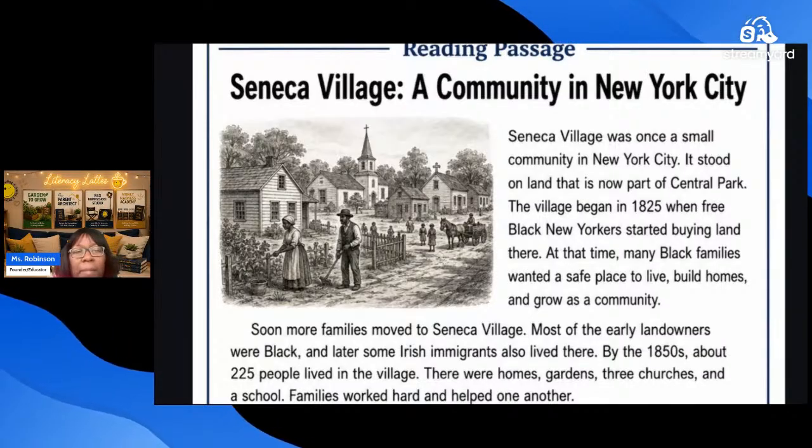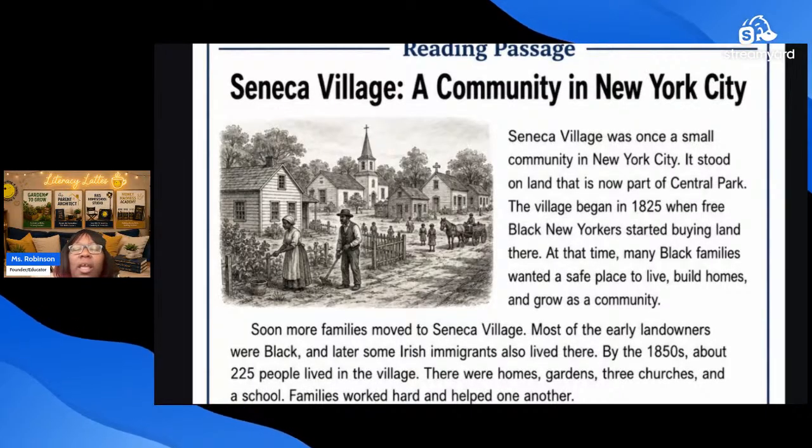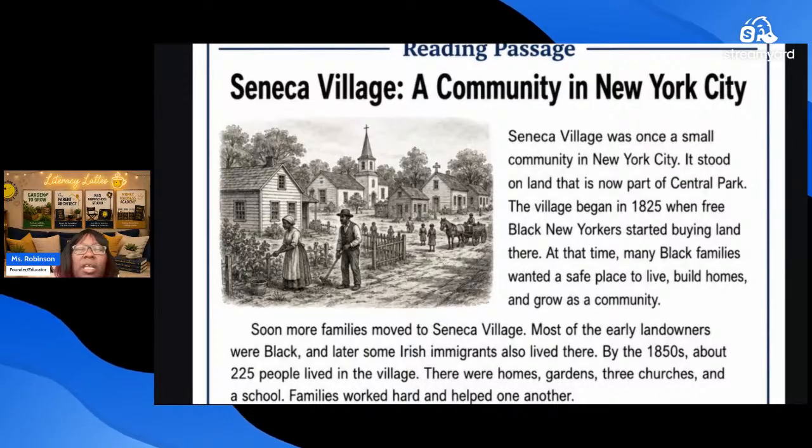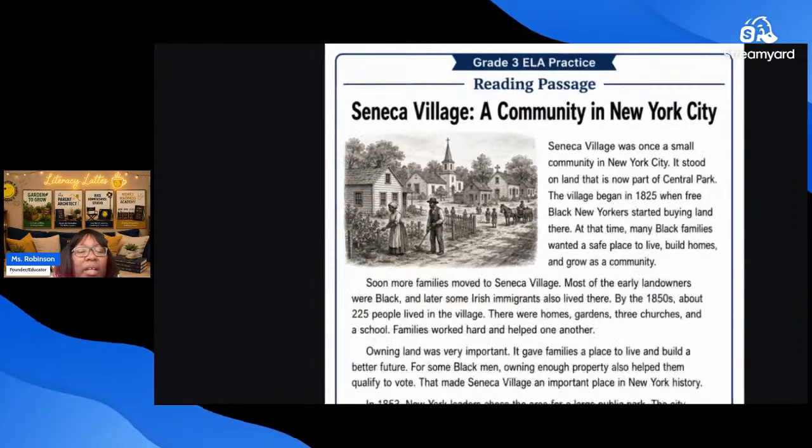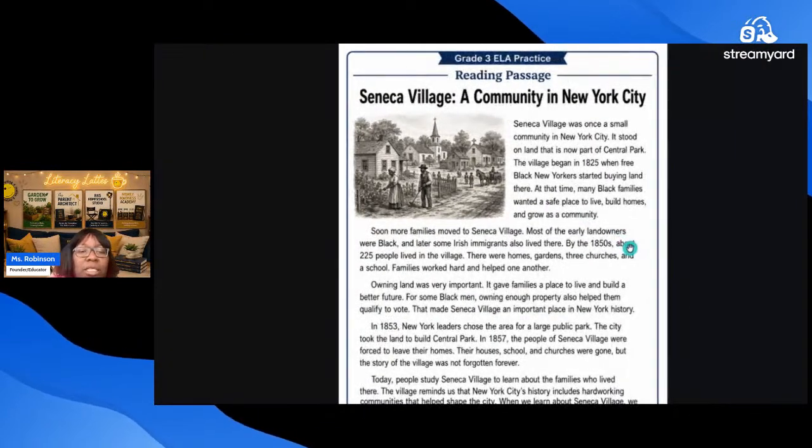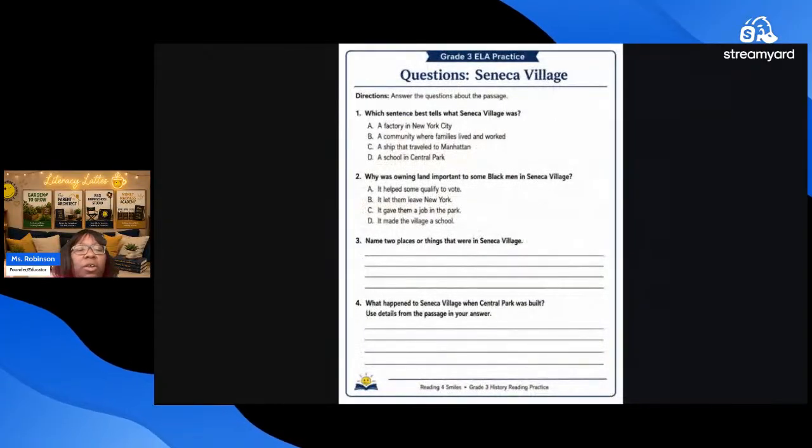2 to 4 minutes, depending on how long the passage is, to just go through and underline. Let them go through and underline the parts that stood out to them. Get a chance to reread it, kind of understand what's happening, right? Then, after they have done that, this is where we can either go to the questions and see what they